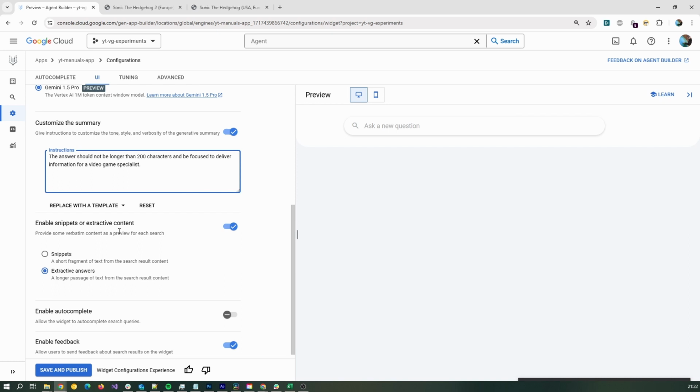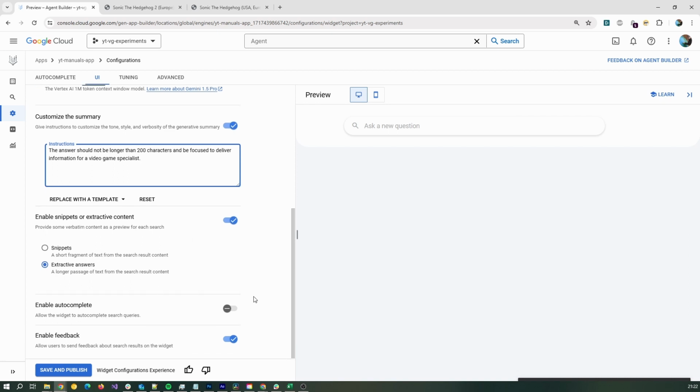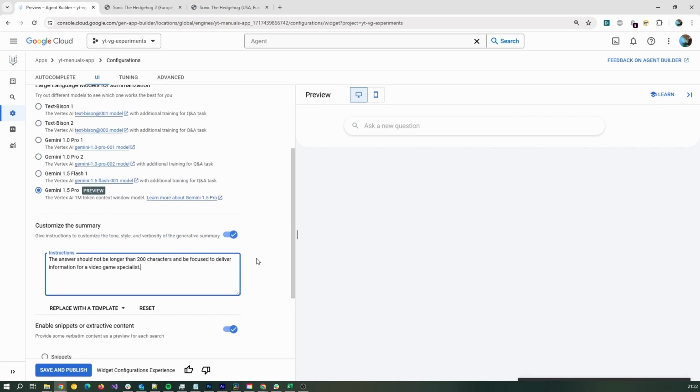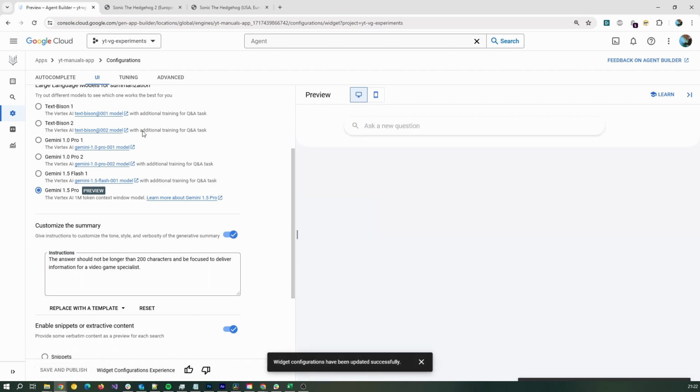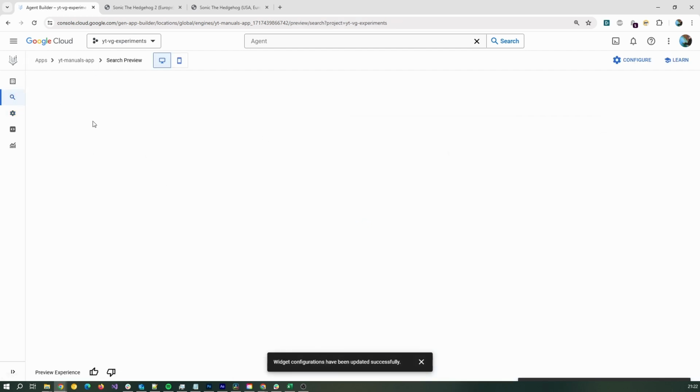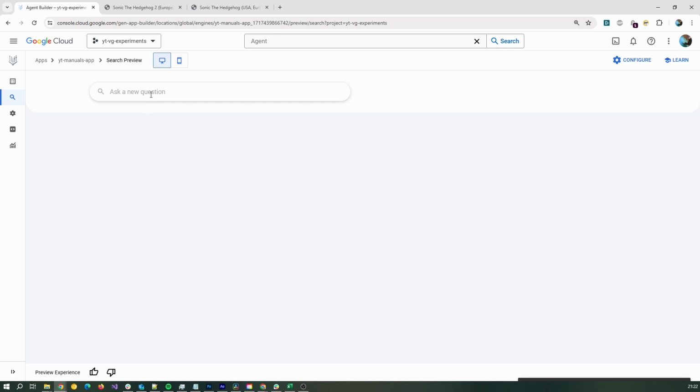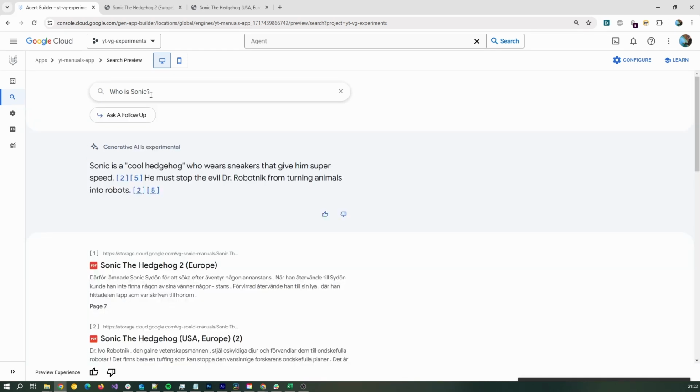Just using that, I can leave the other part that way, and I will save and publish if I wanted to push for the main thing. So if I'm saving the content, every one of my applications using that can be updated in real time. So just if I'm going back to who is Sonic, now the generated content will be provided by the large language model version 1.5. It will respect what I've asked, which is that the description should not be longer than